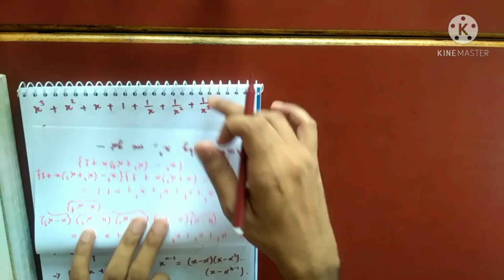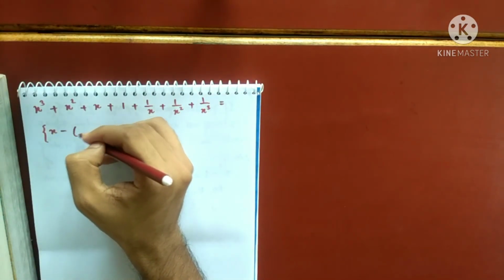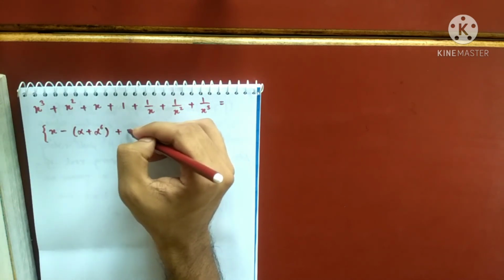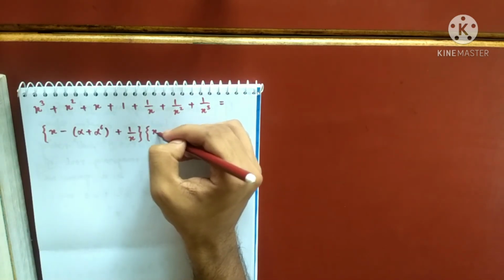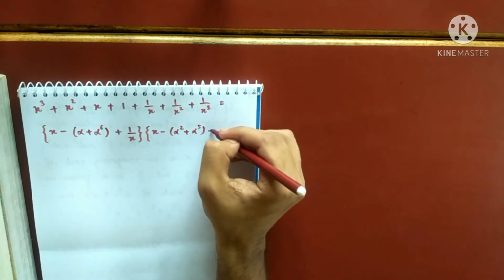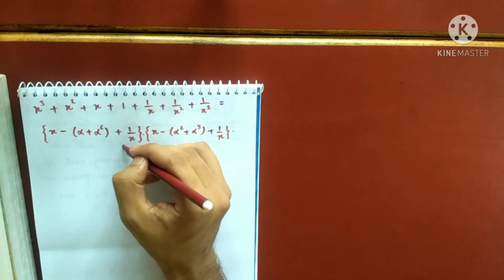So divide this by x, what will I remain with? x minus alpha plus alpha to the power 6, this x vanishes, plus 1 by x. Similarly here, x minus alpha square plus alpha to the power 5 plus 1 by x. Similarly here, the last one,